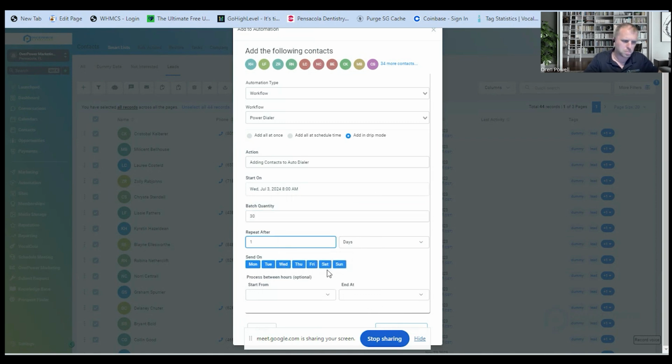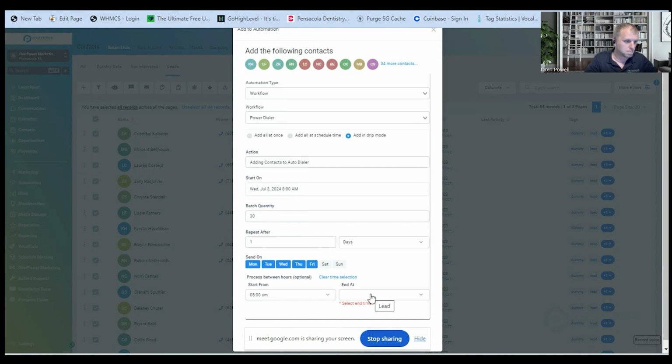And obviously, some people don't work on weekends, so we'll take out Saturday and Sunday. Obviously, this week is a little bit different because it is 4th of July coming up, so we'll just pretend it's not a holiday weekend. And then we'll just start. You don't have to do this part because you're adding 30 in there in a day. But let's say you're trying to knock out